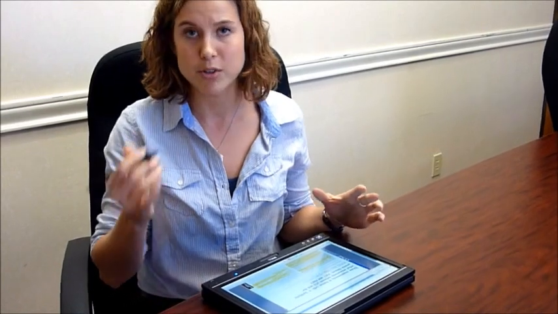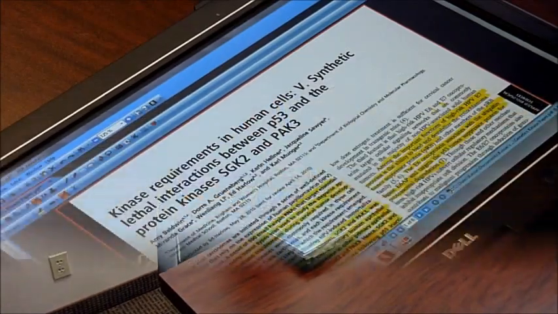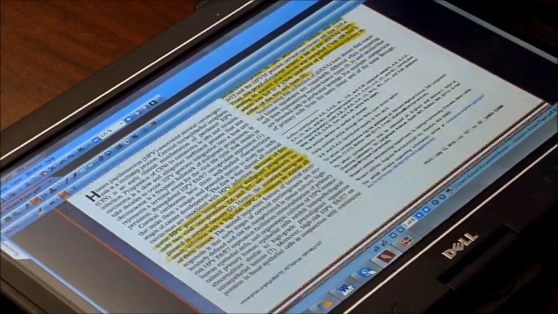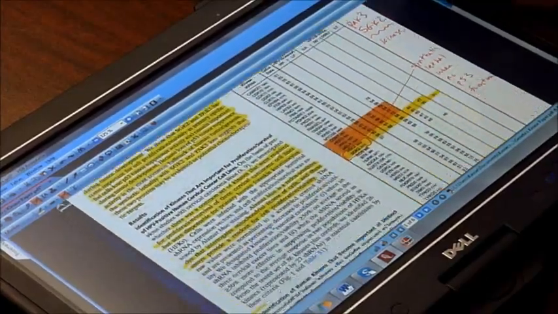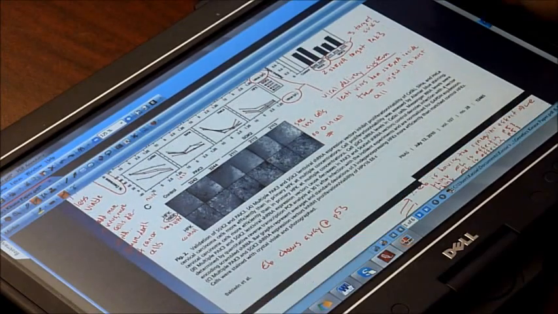Notes on my computer and using the pen for multiple different kinds of ways. I've used it to go over pictures and annotate them. I use it in PDFs my professors send me, and I also use it to take notes. This is just a PDF that one of my professors gave me, and professors in science classes very frequently will give us papers that they want us to read and that we don't go over in class, but there'll be questions on it on the test.